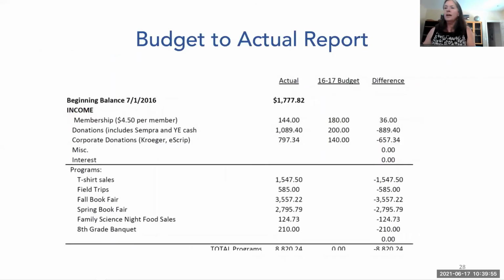And again, this is a close-up on what the budget to actual report could look like. It's still just your budget. So this is the budget column, and then this is how much has happened since the date of the report. So if this was September 1st, this is how much money has come in. This is the income section for the PTA through that date.